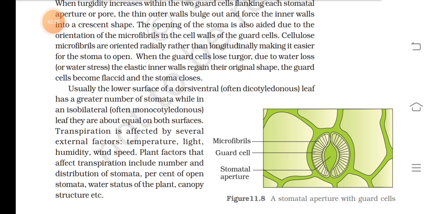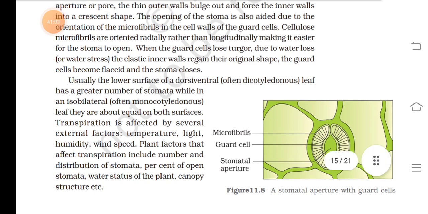Usually, the lower surface of a dorsiventral, often dicotyledonous leaf has a greater number of stomata, while in an isobilateral, often monocotyledonous leaf, they are about equal on both surfaces. Transpiration is affected by several external factors: temperature, light, humidity, wind speed. Plant factors that affect transpiration include number and distribution of stomata, percent of open stomata, water status of the plant,